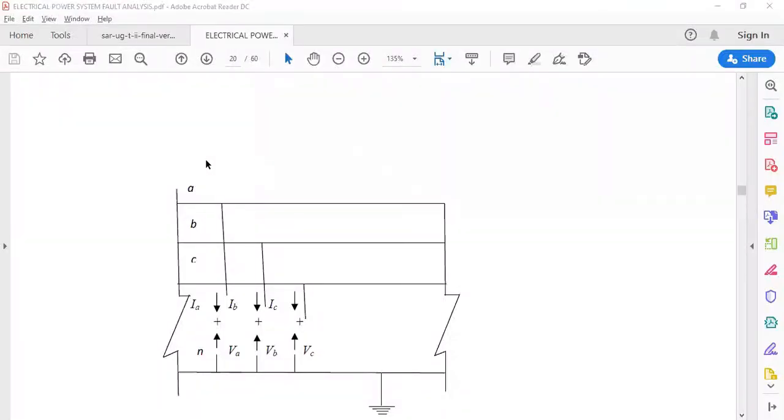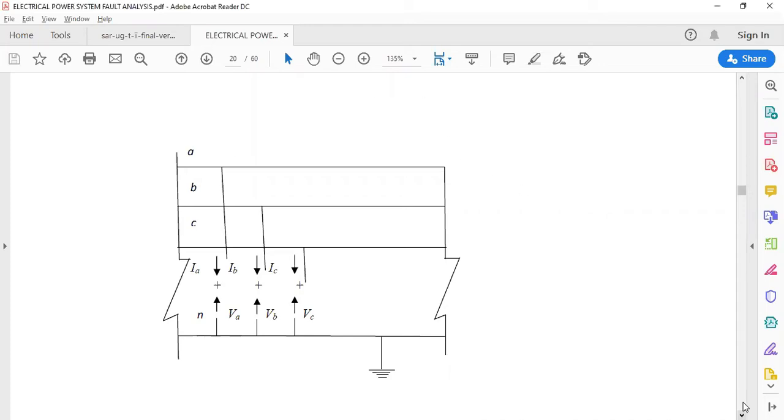Yes, let us consider this diagram for the fault analysis. As we discussed earlier, we will analyze unsymmetrical faults by symmetrical components. So the basic circuit that we will consider is this generic circuit. In this we have three phases, A, B, and C, and respective currents IA, IB, and IC. This is the reference or the neutral. Whenever we are going to take into consideration any type of fault,